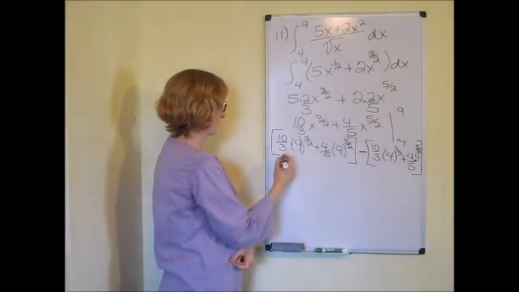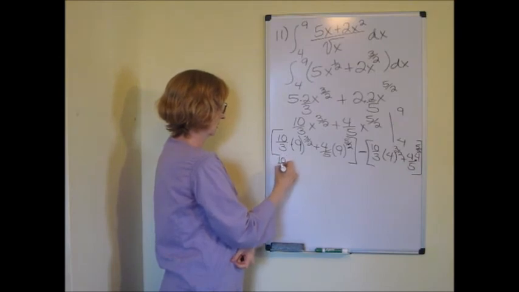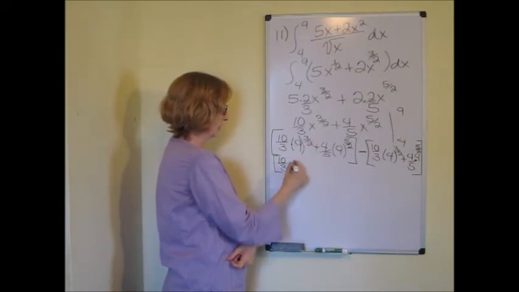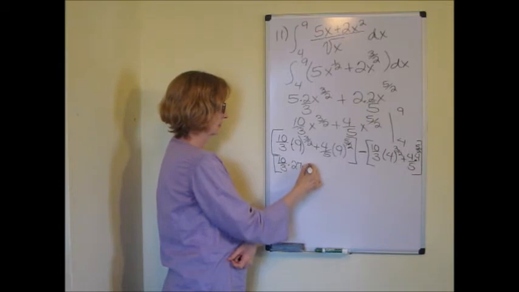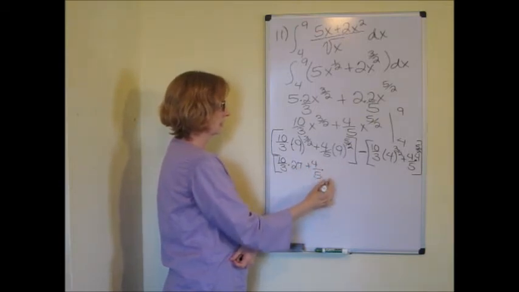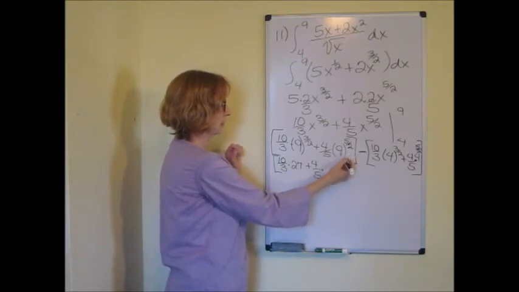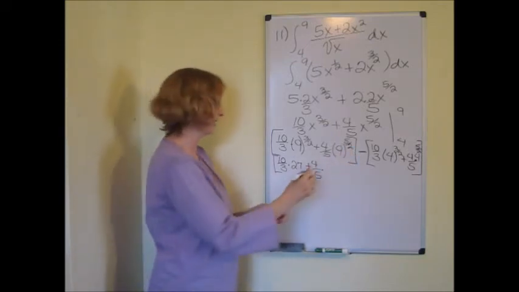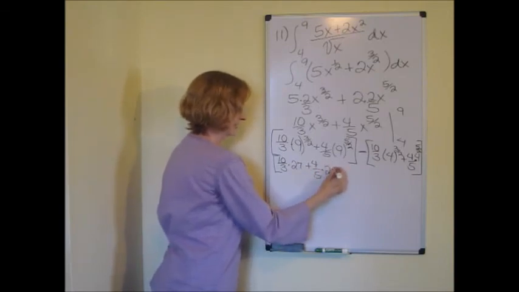So here I've really got a 10/3 times the square root of 9 is 3, and 3 cubed is 27. I've got a 4/5 times the square root of 9 is 3. 3 to the 5th power is, what, 243. There's the first part,